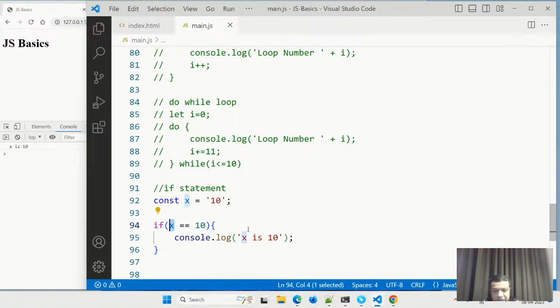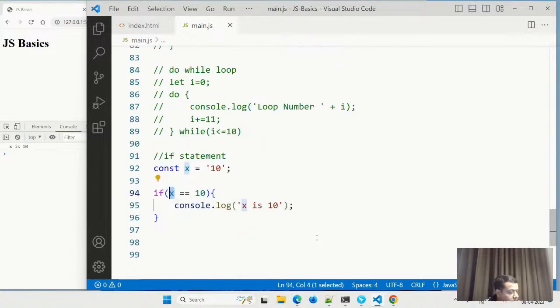was created. JavaScript was actually created by a single person, and he created whatever he thought is right. So what he thought was, if a string 10 is compared to a number 10, the compiler tries to change it, and it changes it to a number 10, and it will be done. So this is a very big bug in JavaScript, and it was quickly resolved.